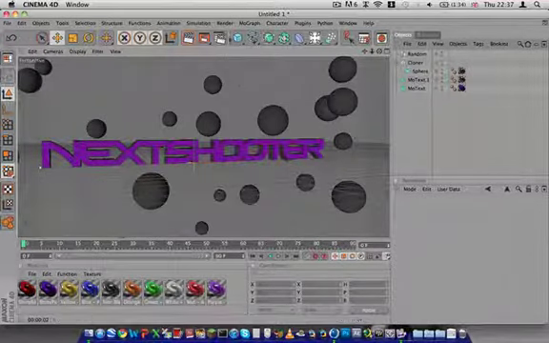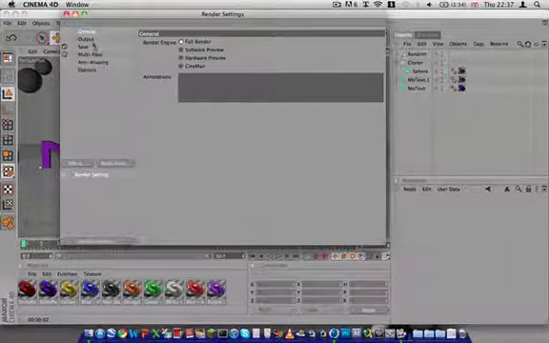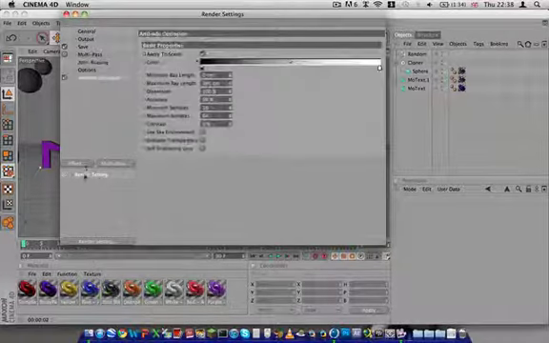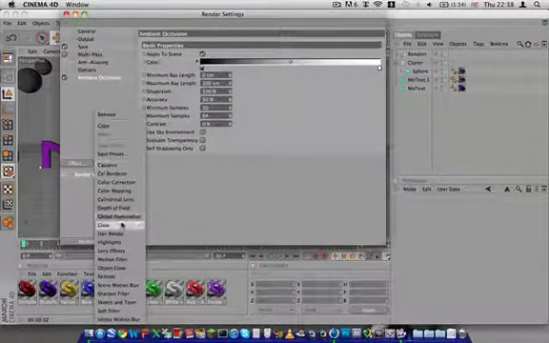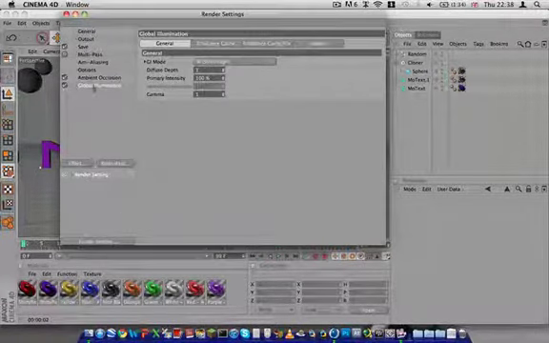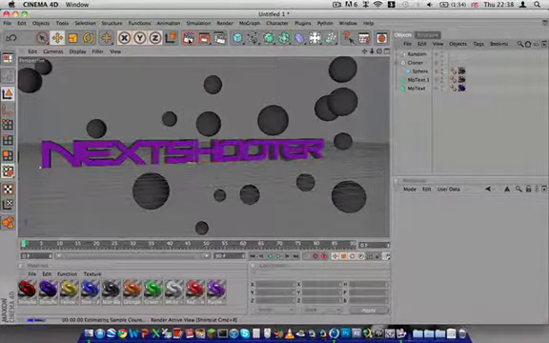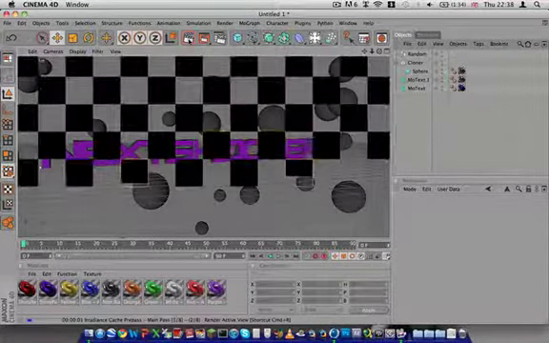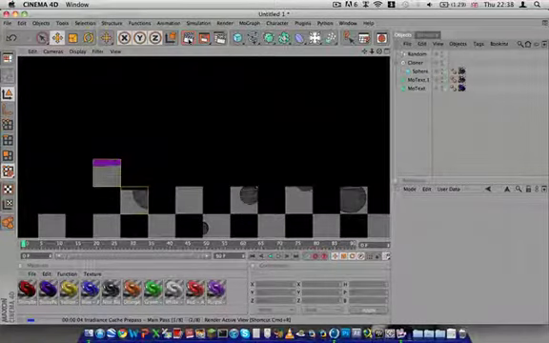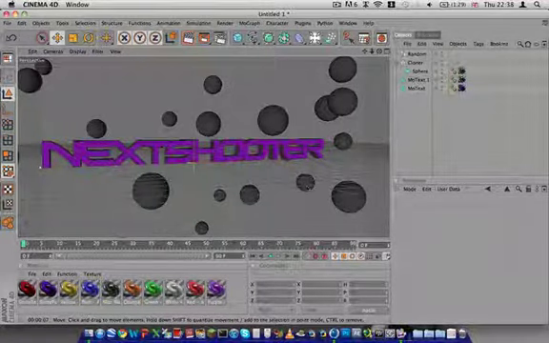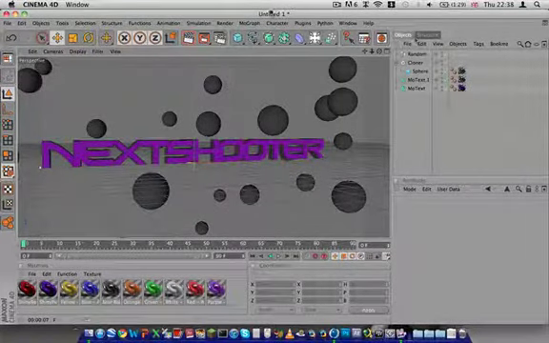And actually, before I forget, render settings, if you go to effect, you're going to want ambient occlusion and global illumination. Don't forget those are quite important. And now if I render it out, it'll actually come up as all black because I have got global illumination up. So then we're going to want to go to